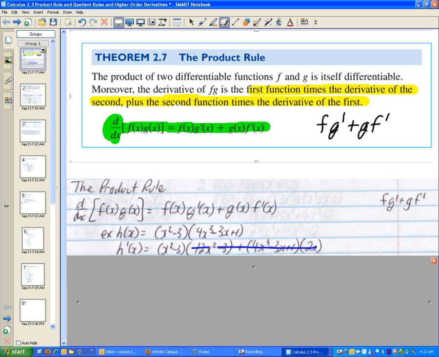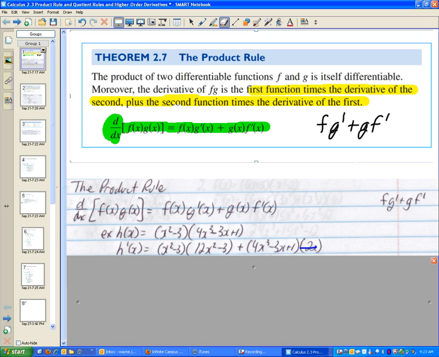So we actually got to do some calculus this step. So what's the derivative of 4x cubed? 12x squared, using the combination rule. Exponent times coefficient to get the 12, then your x, then subtract 1 from the exponent, so 12x squared. What's the derivative of negative 3x? Negative 3. What's the derivative of 1? 0. So we've got the first function times the derivative of the second function. Plus the second function, 4x cubed minus 3x plus 1,